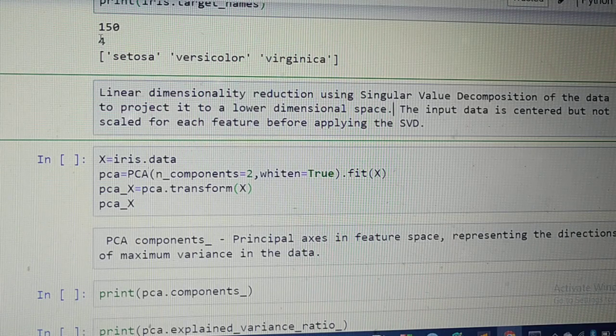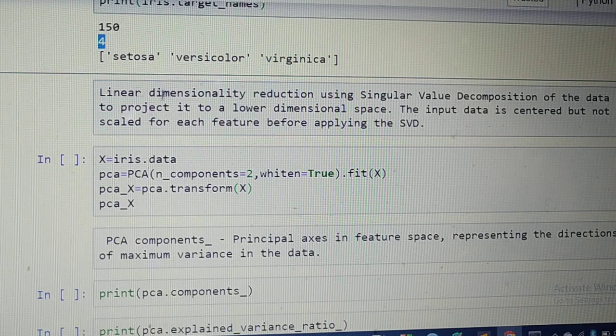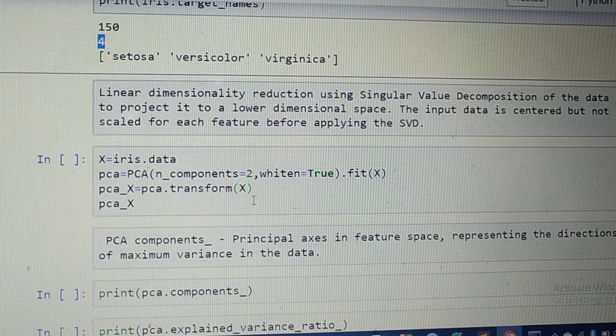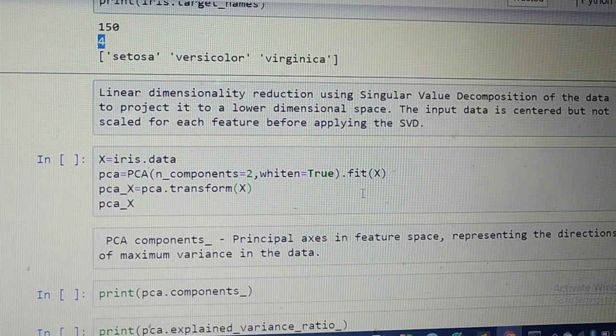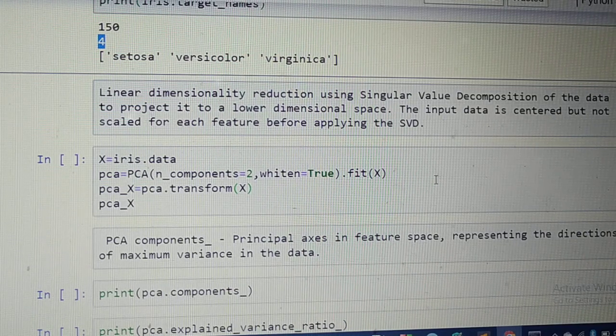Here we have 4 features, and we want to extract information using a lesser number of features, so we use the PCA algorithm. Let's see how it's being done. The input data is centered but not scaled.